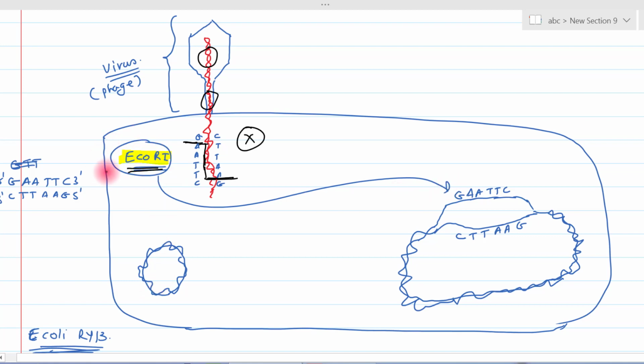Now this enzyme can act on this also. So the side effect of this enzyme will be that it can break down its own DNA. This enzyme has no capacity to identify whether it is its own DNA or foreign DNA. This enzyme is blind. It can see only one thing, and that one thing is its own restriction site, right? So how does the bacteria protect its own DNA? There is a different set of enzymes, which are known as sequence specific